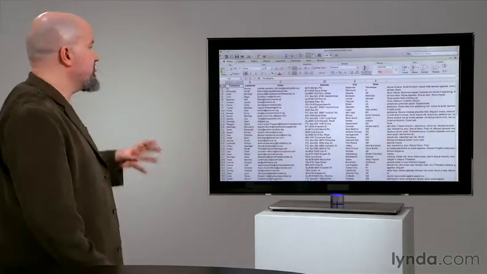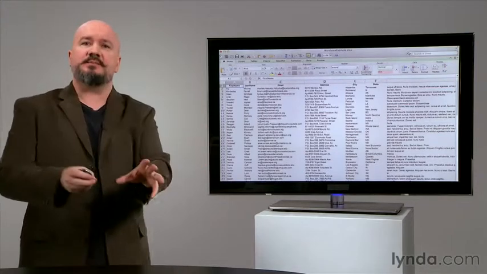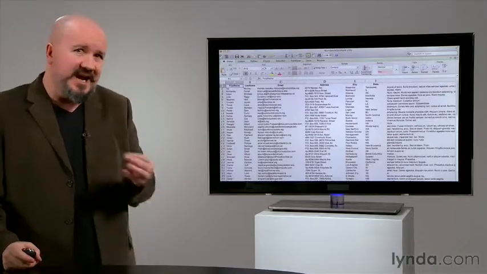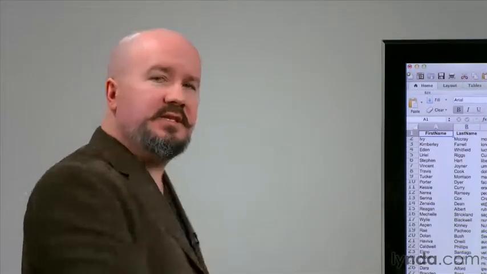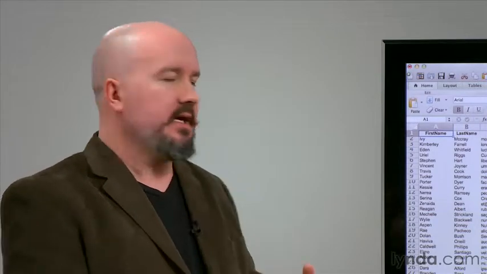And then there's the idea of security. Most of the time, you need to share this data, but just because it needs to be shared with someone doesn't mean it needs to be shared with everyone. Because some of this could be sensitive. It could be payroll information, healthcare information. So who would get to view it? And who would get to edit it?